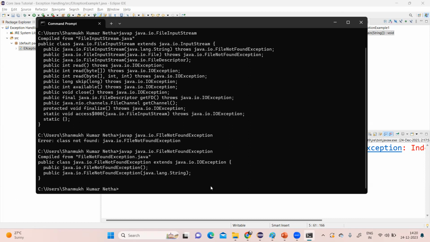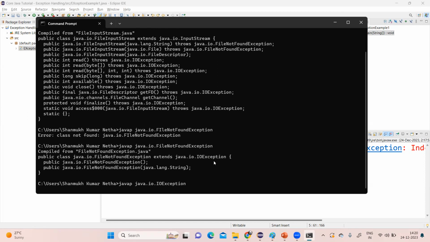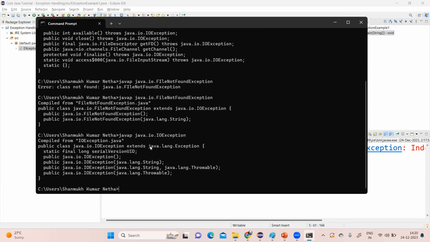See here, FileNotFoundException extends java.io.IOException. Now I will open IOException. See here, IOException is directly inherited from what? The Exception class. So whatever class is directly extended from the Exception class,